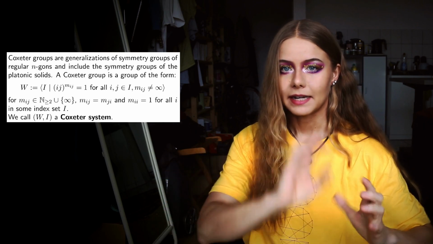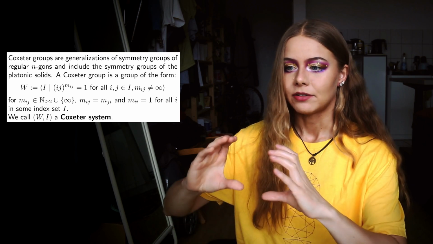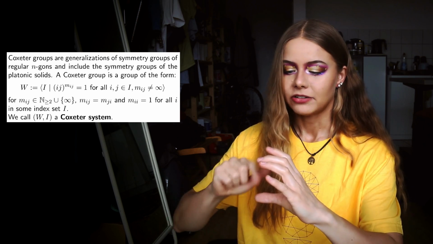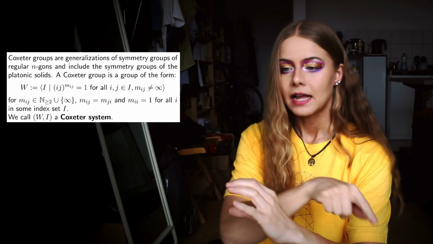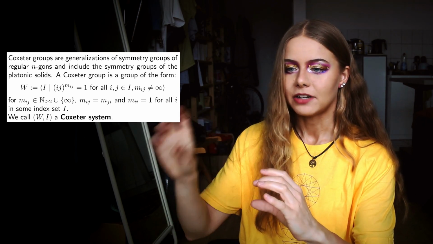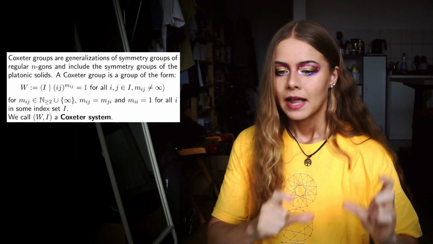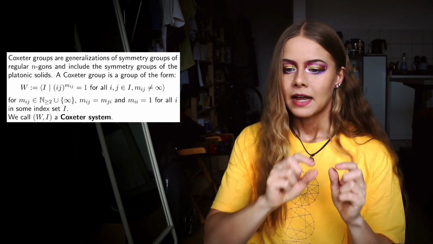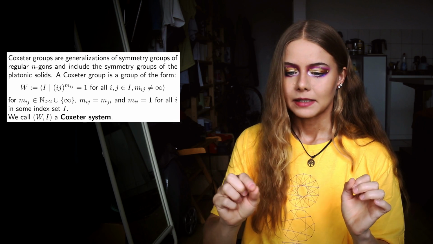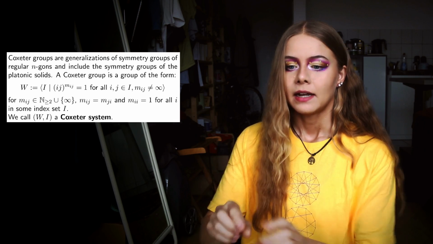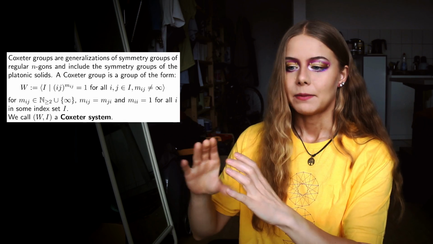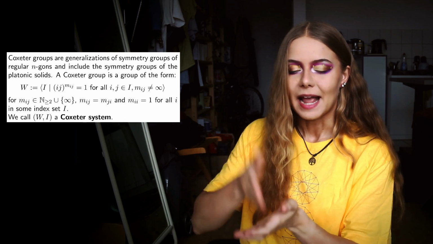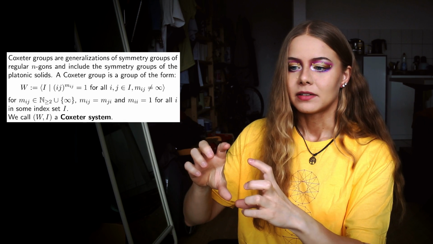As generators, we take the index set I, and as relations we have (ij) to the power of m_ij for all i, j in I, whenever m_ij is not infinity, and we want that m_ij is always equal to m_ji, we want that m_ii is always equal to 1, and whenever we are not looking at m_ii, but